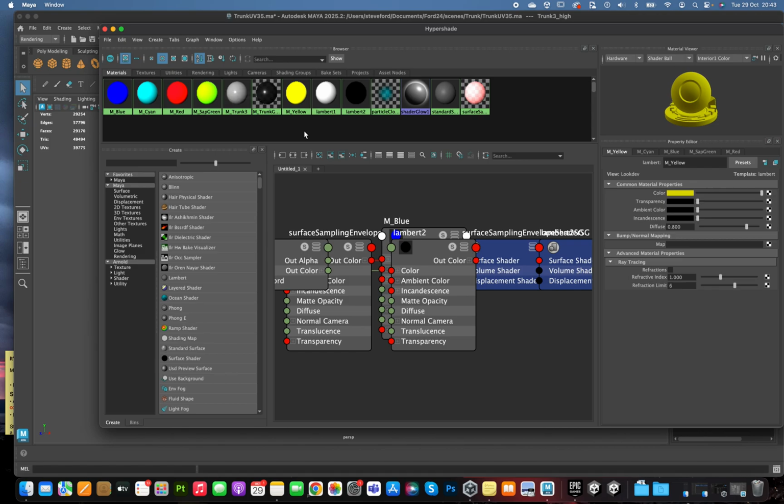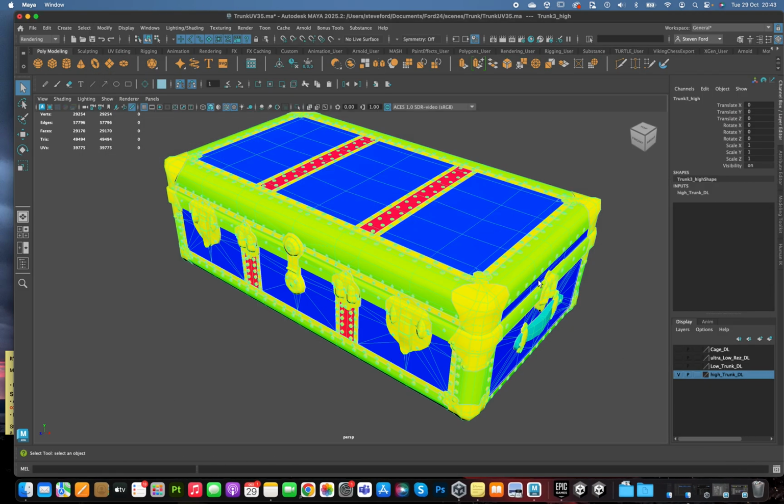Normally, typically you would not want to have multiple shaders on one mesh like this. It's dangerous, more likely to crash. It's not designed for that. All right. So now